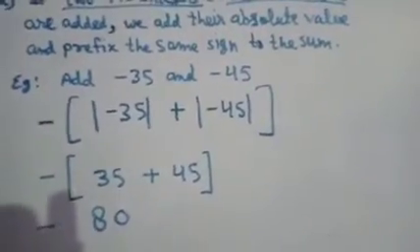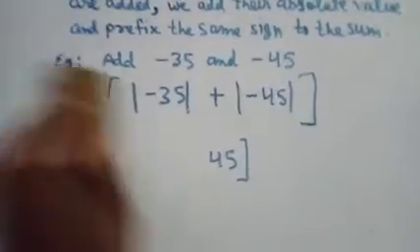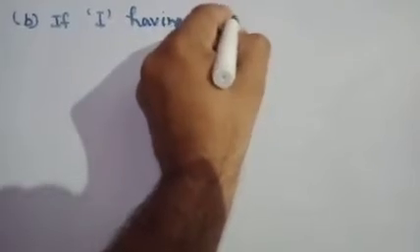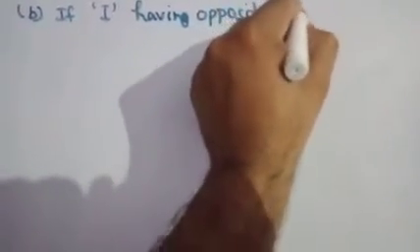The second rule is said for when two integers have different signs, means one is positive and the other is negative. How can we add them? So rule number two: adding one positive integer and one negative integer. If integers have opposite sign,